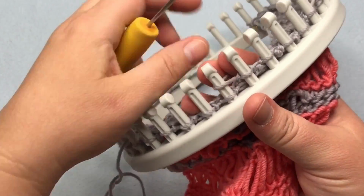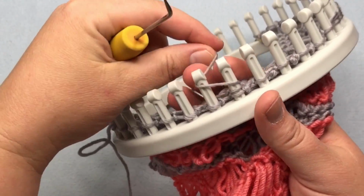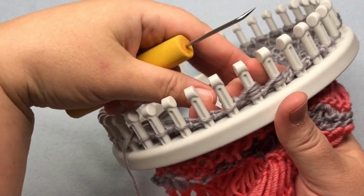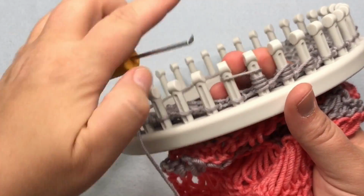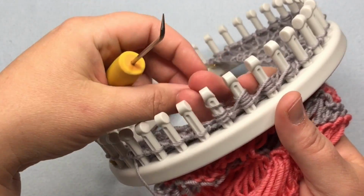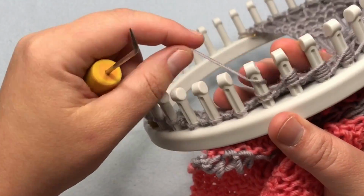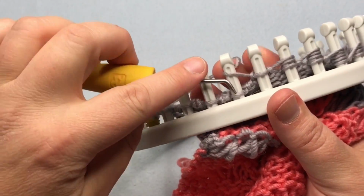I'm going to knit, and then yarn over twice, and then knit this next one, yarn over 3 times, knit the next one, yarn over 4, next one is back down to 3, and then we're going to knit this one and do 1, 2, okay, and then we're going to work the next stitches, 1, 2,